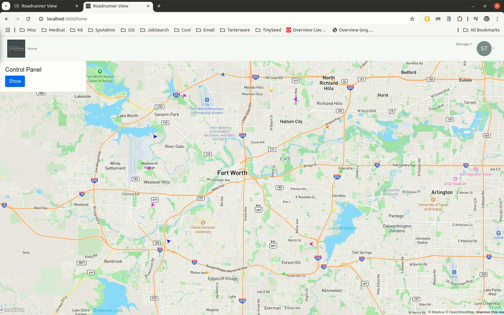Hello, my name is Steve Tarter, and I'm going to show you an application I've been working on using Spring Boot, TypeScript, and Mapbox. It's called RoadRunner. Given start and destination addresses, RoadRunner obtains point-to-point directions from Mapbox's Drive API and drives a simulated vehicle along that